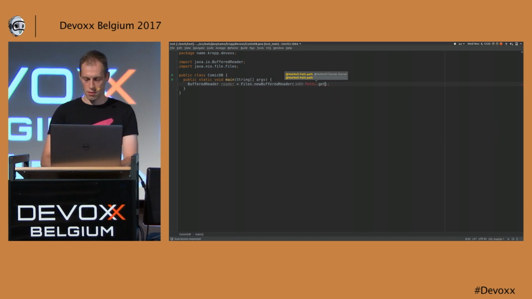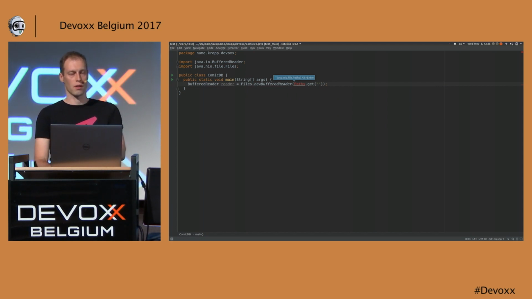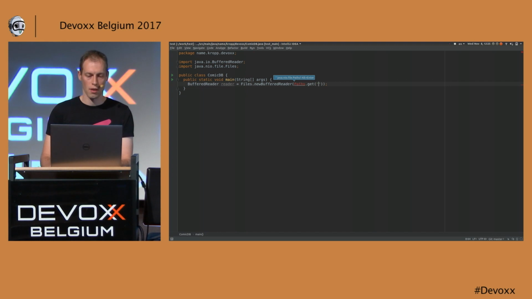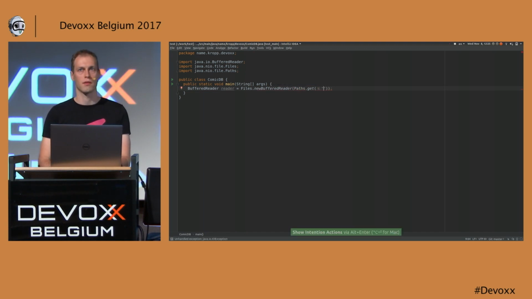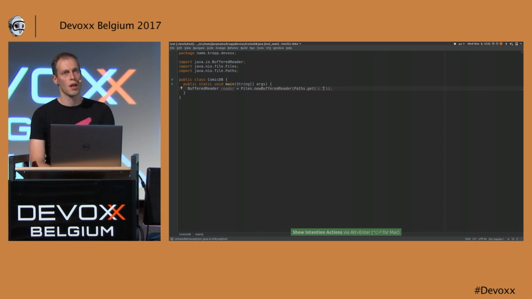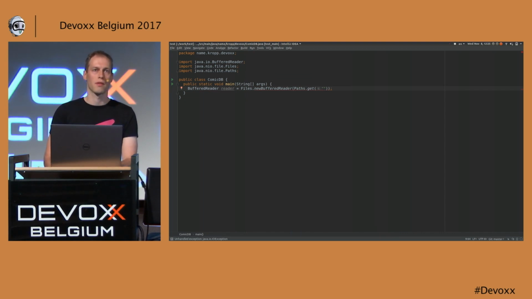We type, well, I typed it quickly. I used the Path class, and it's not yet imported. And this pop-up appears. You can apply a suggestion by Alt-Enter, and it inserts the appropriate import for you. If there are several classes with the same name in different packages, you will get a pop-up with all the suggestions where you can find the one you like. So I load